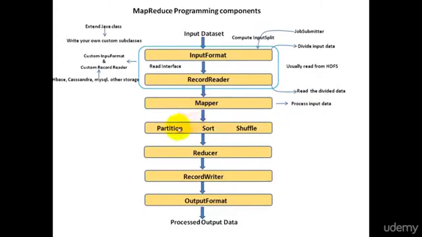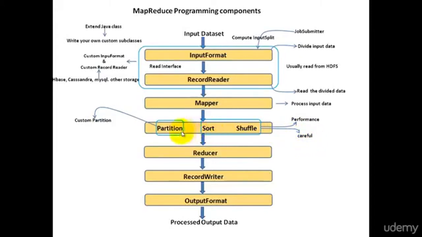After the map phase, map output is partitioned, sorted and shuffled. You can also extend the partition class and write your own partition subclass. Not much custom code is written in sorting and shuffling component. This is where most of the performance of MapReduce framework is handled. So a developer has to be careful while writing custom code around sorting and shuffling.